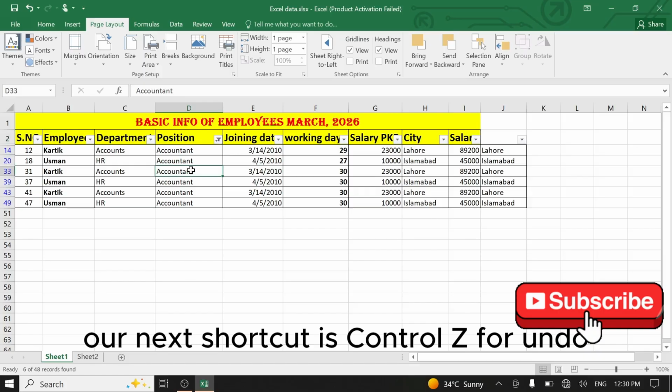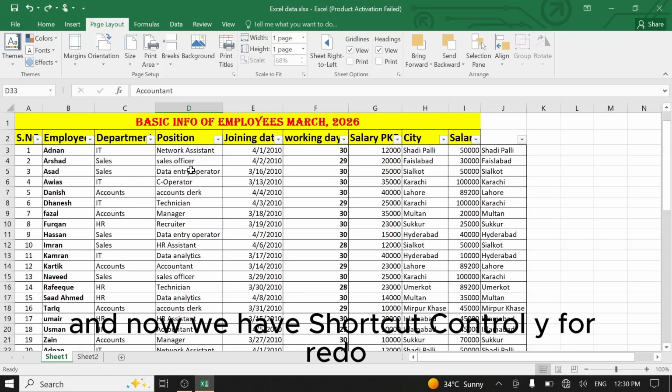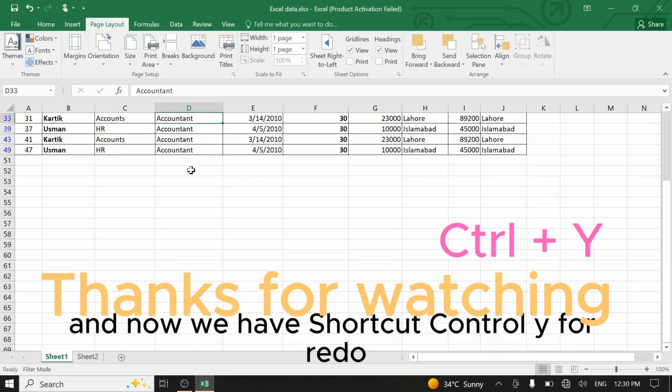Our next shortcut is Control Z for undo. And now we have the shortcut Control Y for redo. And now we have